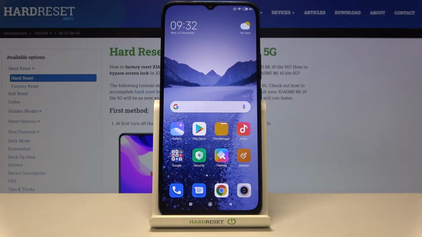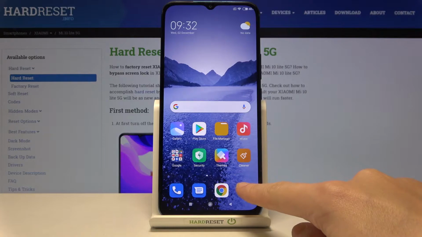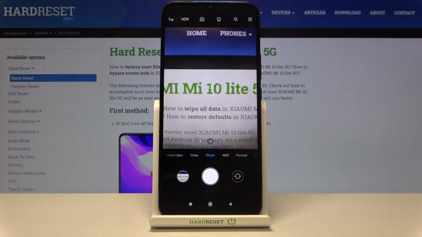Welcome, here I've got Xiaomi Mi 10 Lite 5G and I'm gonna show you how to turn on and off the camera leveler at this device. So let's start by tapping on the camera button to open it, and for now we are in the standard